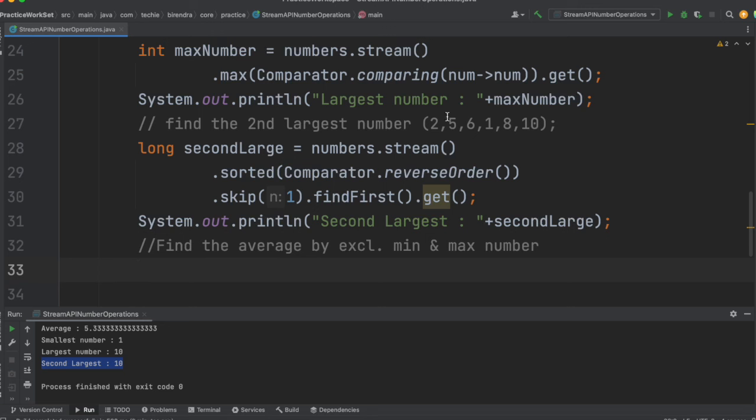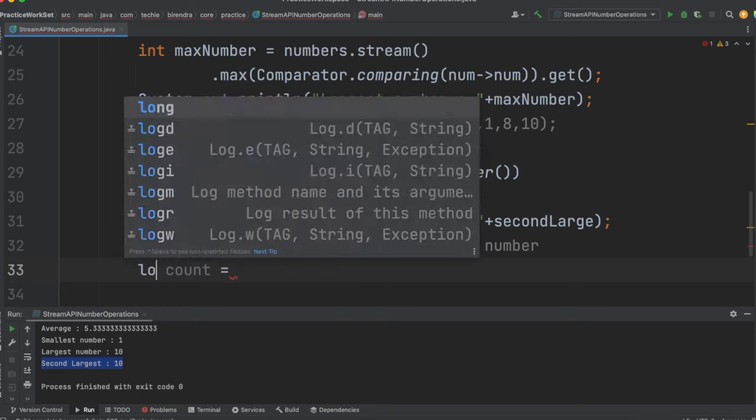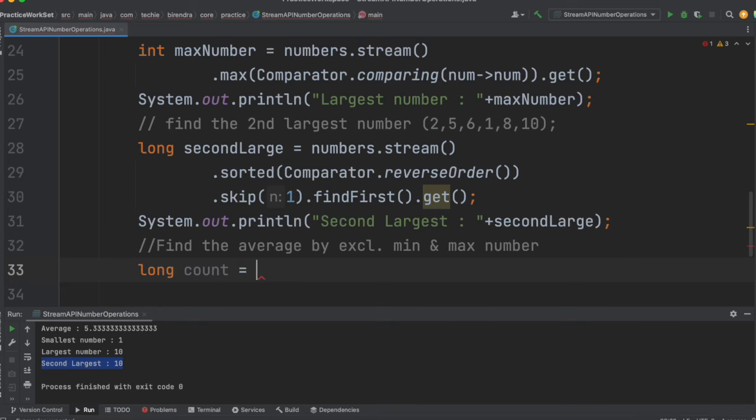So first we have to count the total number available in the list by excluding the min and max, that means by excluding two numbers, right? So how will we get the count? First we'll create one variable called long count,